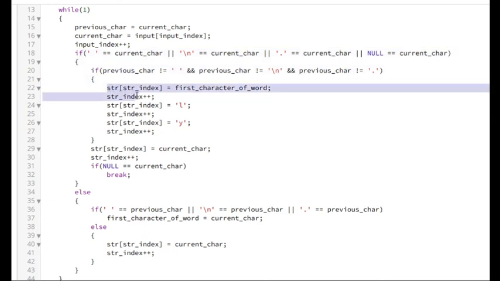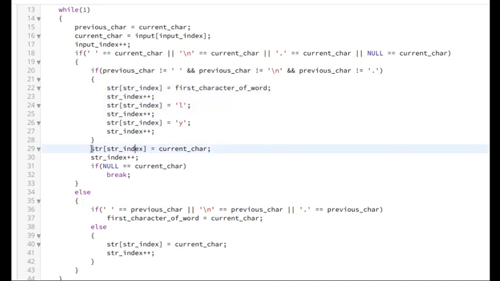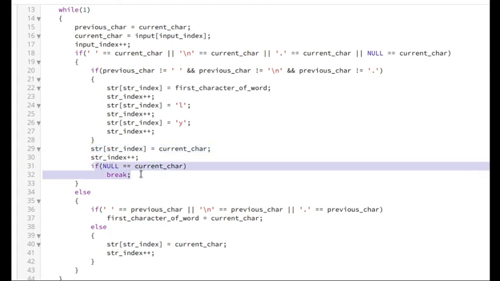If the word has ended, then we append the first character and ly, and we will always need to reproduce space, slash, dot, whatever it is, even null, so that's why this code. And this checks if the input string has ended, and if that is the case, we will break the loop.